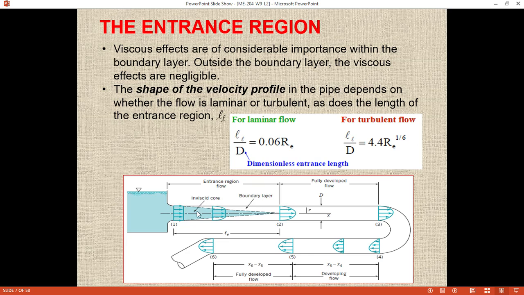So you can see the importance of this inviscid core is also very, very important. Okay, so consider you have a wind tunnel and you want to test a car in it. Normally we don't drive a car in a tunnel; we drive a car in the open atmosphere. In the open atmosphere, we consider the flow to be uniform, and we have the proper dimension of the car. Okay, so if you want to test